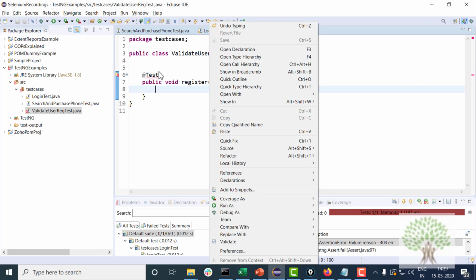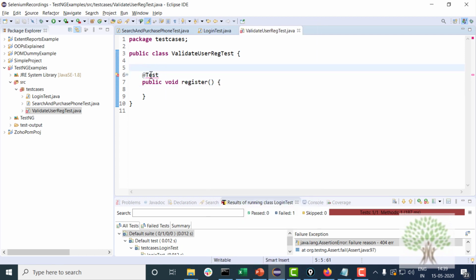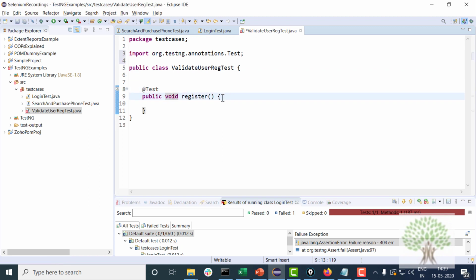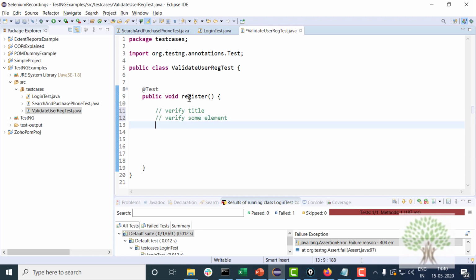Now the process which you are going to follow is that, over here, you have to first verify the title of the page, then you have to verify some element which is not so critical. You have to verify a lot of things on this page, but you need to continue with the flow.